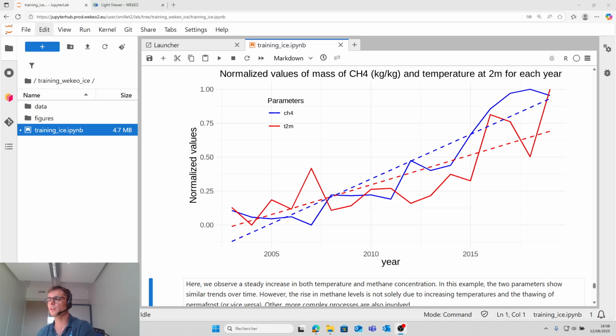So we observe an increase in both temperature and methane concentration, and the two parameters show a similar trend over time. However, the rise in methane level is not only due to increasing temperature and the thawing of permafrost, because other more complex processes are also involved.